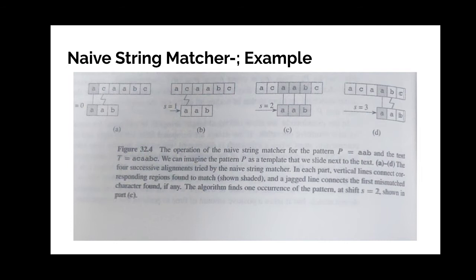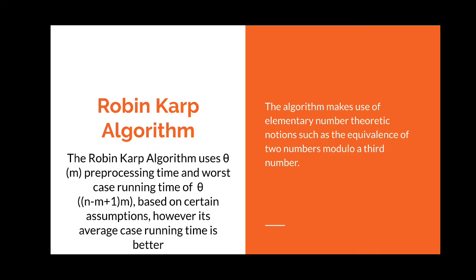There again the second character does not match. The algorithm will end here. Notice the length of the text here is 6 and the length of the pattern is 3, and we can see n minus m is 3 only. So after 3 shifts, we are going to stop at this point. This is the naive string matcher algorithm, and it is easy to see what the time complexity is. For very long strings, this is going to take a lot of time,